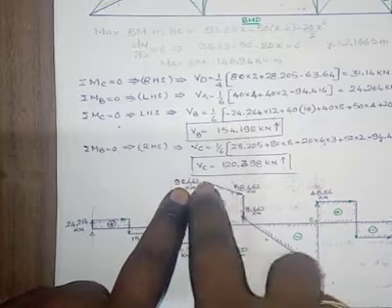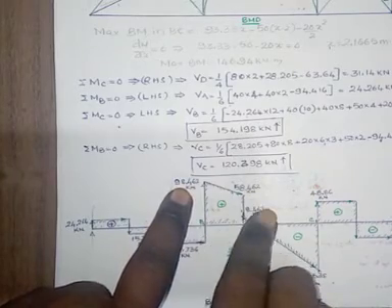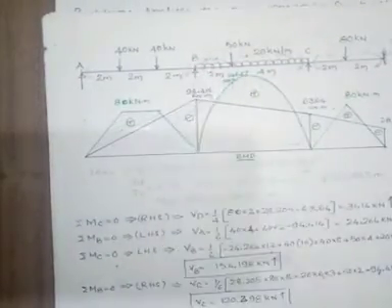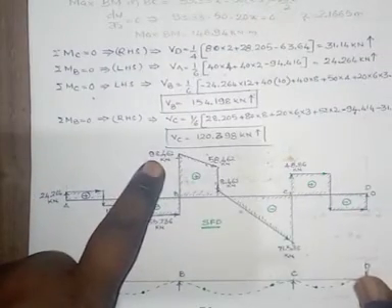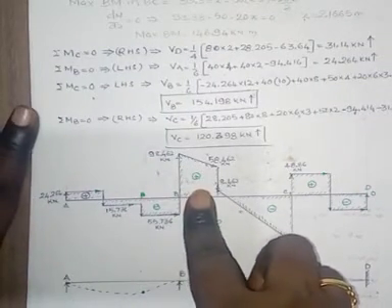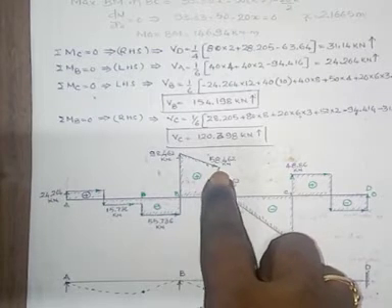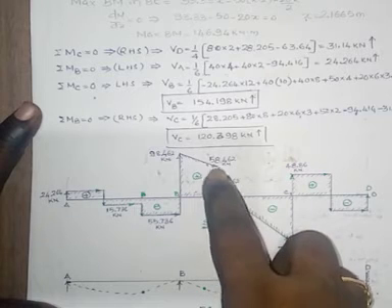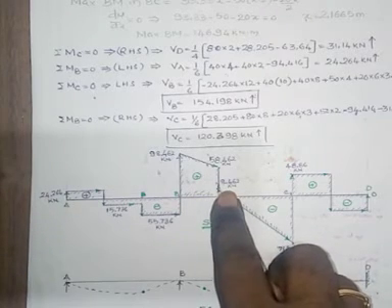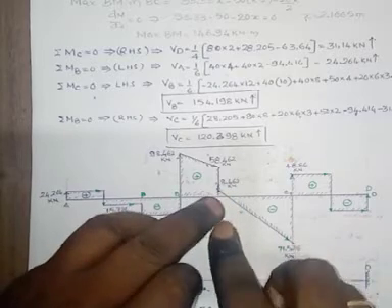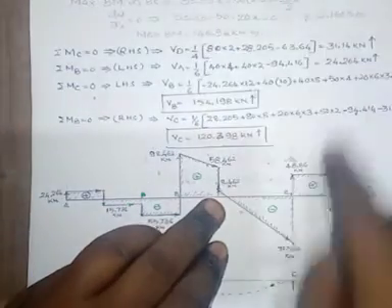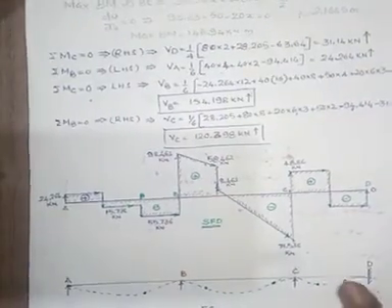Here, from this point to this point, the shear force is decreasing since it is subjected to UDL. In this portion, it is subjected to UDL. 98.462 minus 20 into 2, that one is 58.462. Then here there is a point load of 50, 58.462 minus 50, that one is 8.462. Then from this point to this point, 8.462 minus 20 into 4, this one is subjected to UDL, that is minus